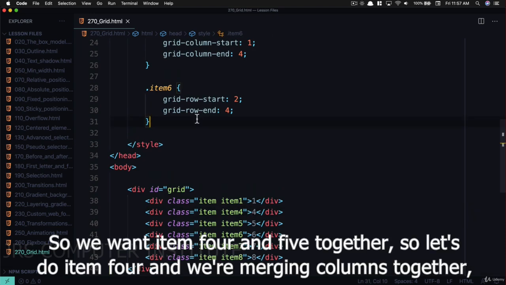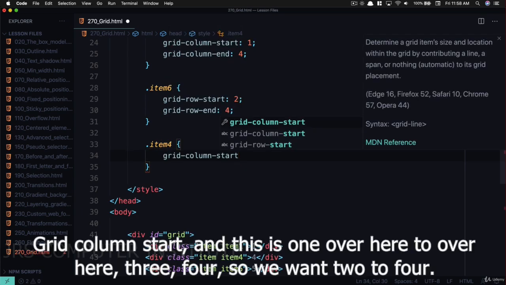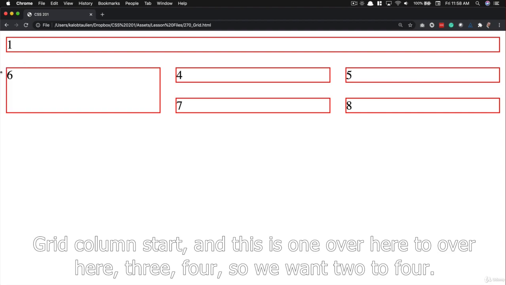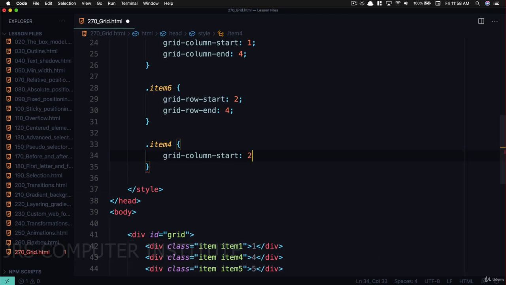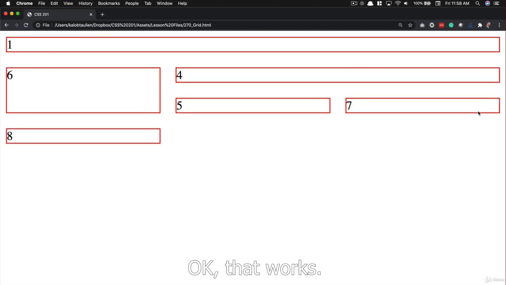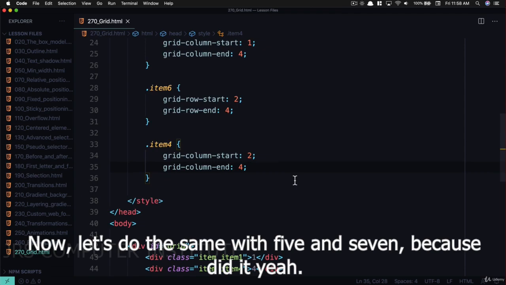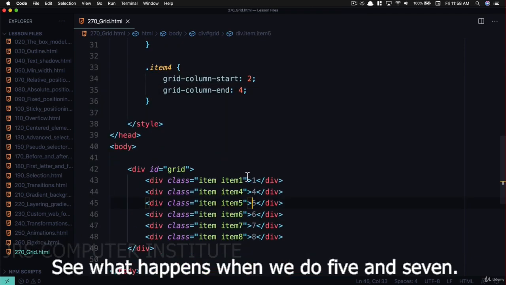So we want item 4 and 5 together, so let's do item 4. And we're merging columns together, so we want to do grid column start, and this is 1 over here, 2 over here, 3, 4. So we want 2 to 4. And we can do this. Okay, that works. Now let's do the same with 5 and 7 because let's see what happens when we do